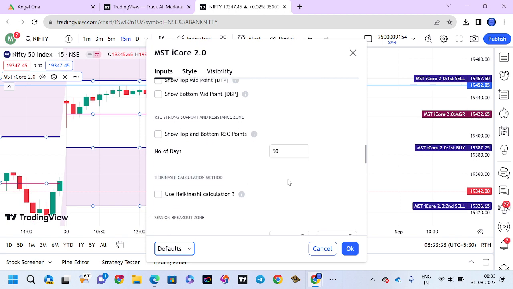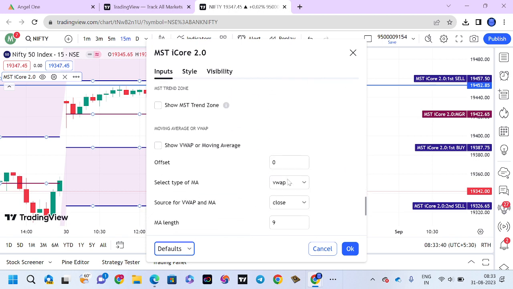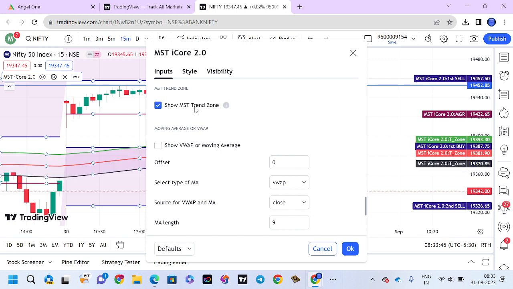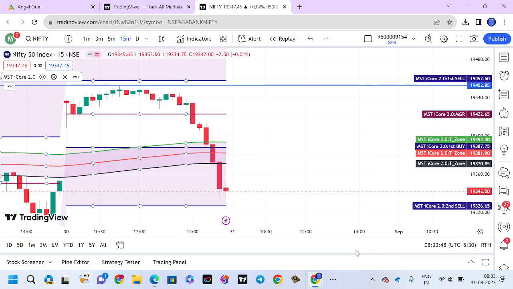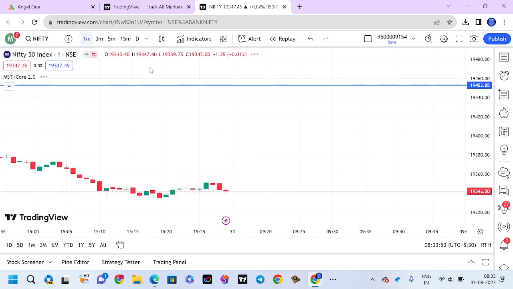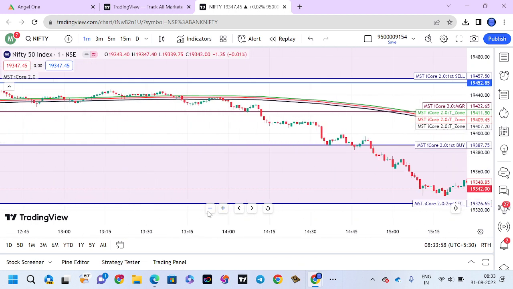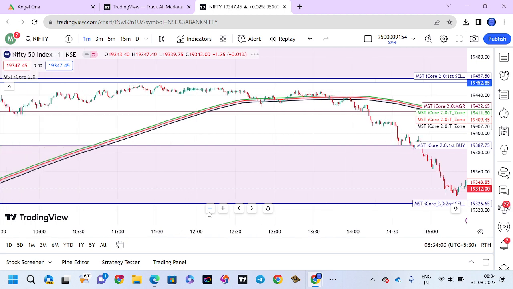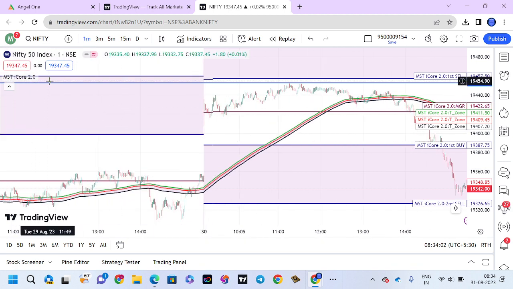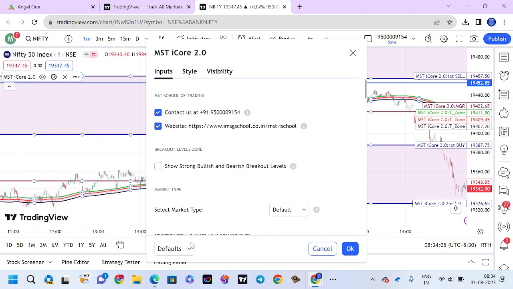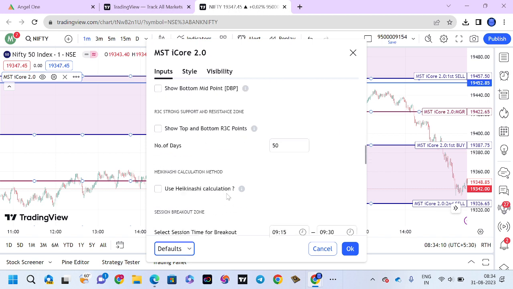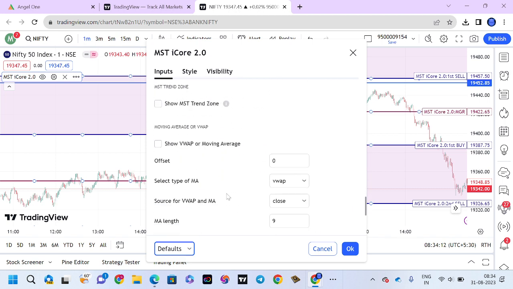What else? Yesterday we gave an update. You know about our ever-rocking strategy, that is MST 10 zone. It is used for positional as well as scalping trading. Whenever the market is crossing below this zone, it is in sell, clear. Whenever it is above the zone, it will be in a buy trend. You can use this for intraday and positional trading, but everything based on one confirmation,